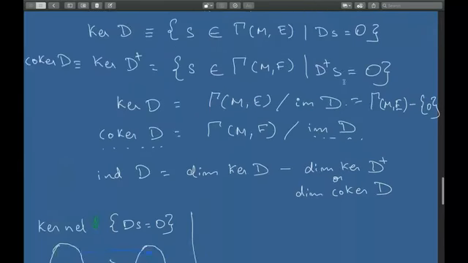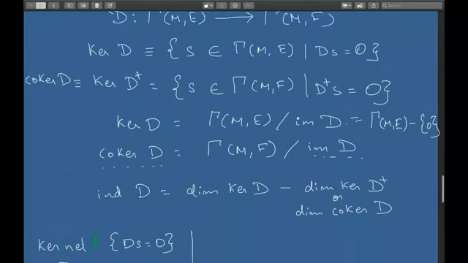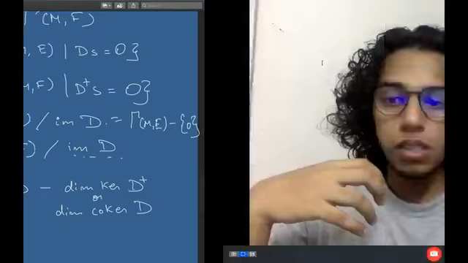For example, you have a differential equation here, right? So Ds, where D is your differential operator, which might be a large set of different orders of derivatives with respect to different variables. So you have a huge operator, and then you have one element in your whatever space. You have an operator acting on this element, and then it has to be zero. So essentially, you're solving for that system, right?